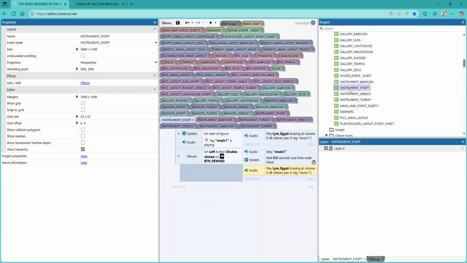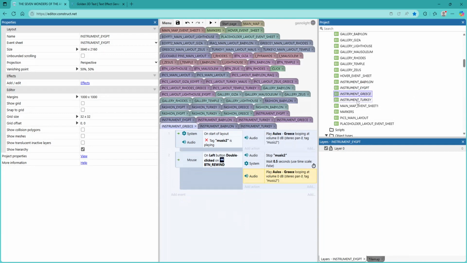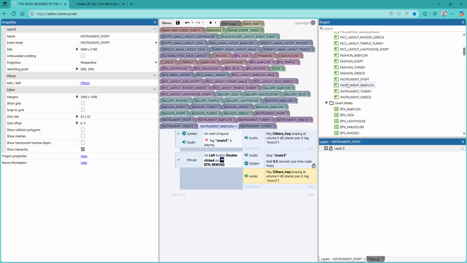Music 1, music 2, music 3, or 4, and that one music 3. See all there, stop music, and just to show you,